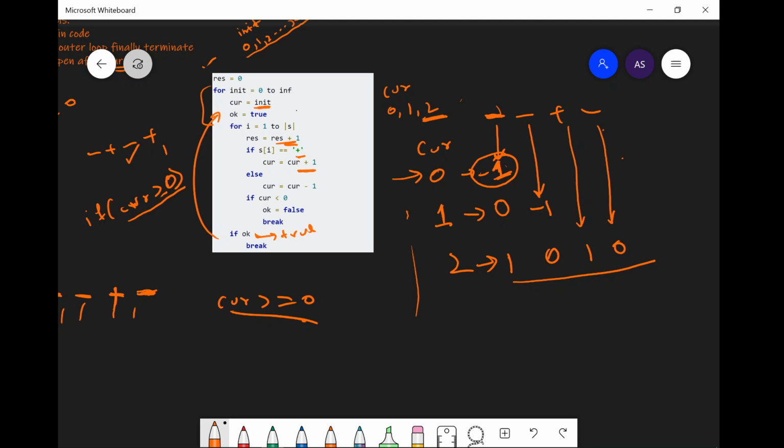So for this iteration res would be 1. After this iteration, initially it was 0, it would be incremented by 1 and we will break away in the next based on this condition. For this, res would be incremented by 1 here, by 1 here. So res would become, it was initially 1 and it would be incremented twice here, so res would become